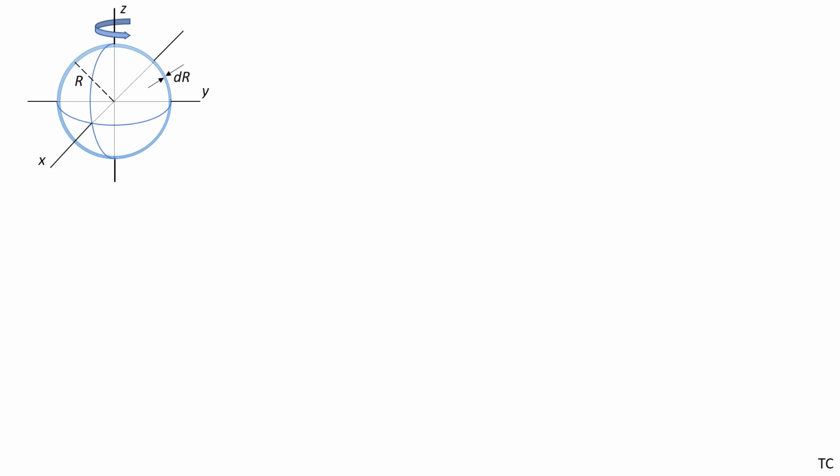Okay, so in the top left corner, I've drawn out our system, which is a spherical shell. I've given it a thickness of dr, which is some infinitesimally small thickness, and I've put our spherical shell at a radius of capital R away from the origin. In this setup, I've made it rotate about the z-axis,